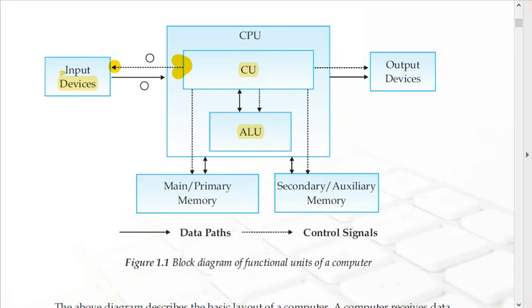Once the conversion is done, it comes to the CPU, the central processing unit, because it is the brain of the computer. Here comes the ALU part, which is the arithmetic and logical unit. I repeat, arithmetic and logical unit. As the name suggests, arithmetic operations are plus, minus, division, multiplication. And logical means what? Comparison. Greater than, less than, and so on.